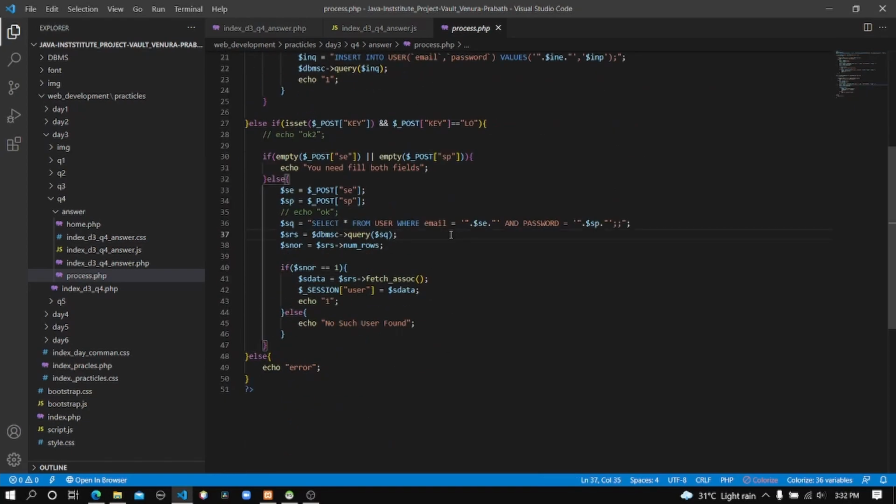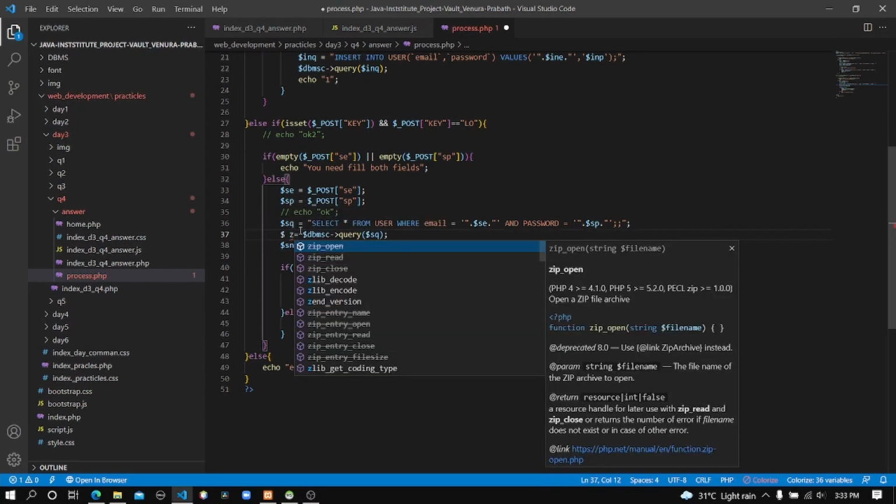Okay, so it will check these two values inside our database. I told you in my previous video, every time we execute a select query, it will output some value. We usually call that a result set. So it will output that result set, and I created a new variable and assigned that result set to that variable. So we can access that result set by calling this variable name.